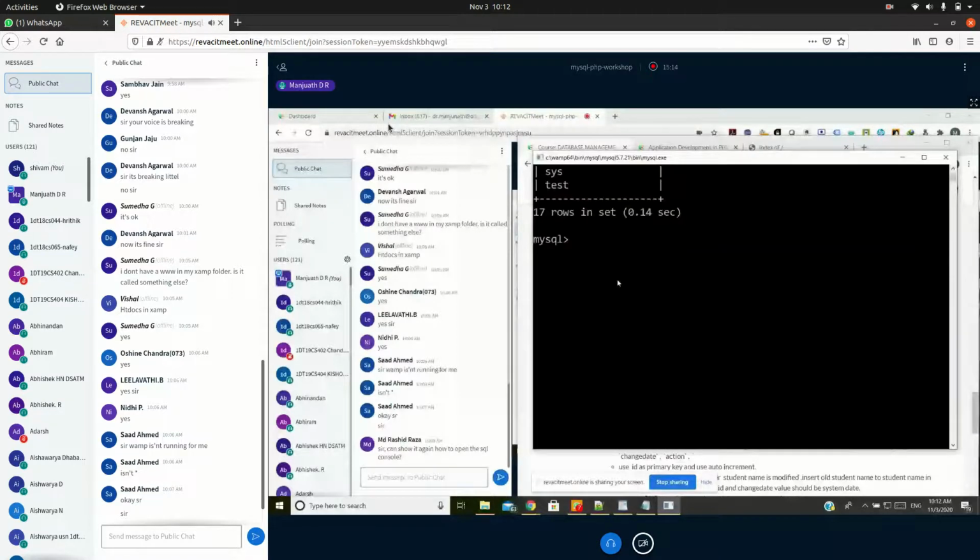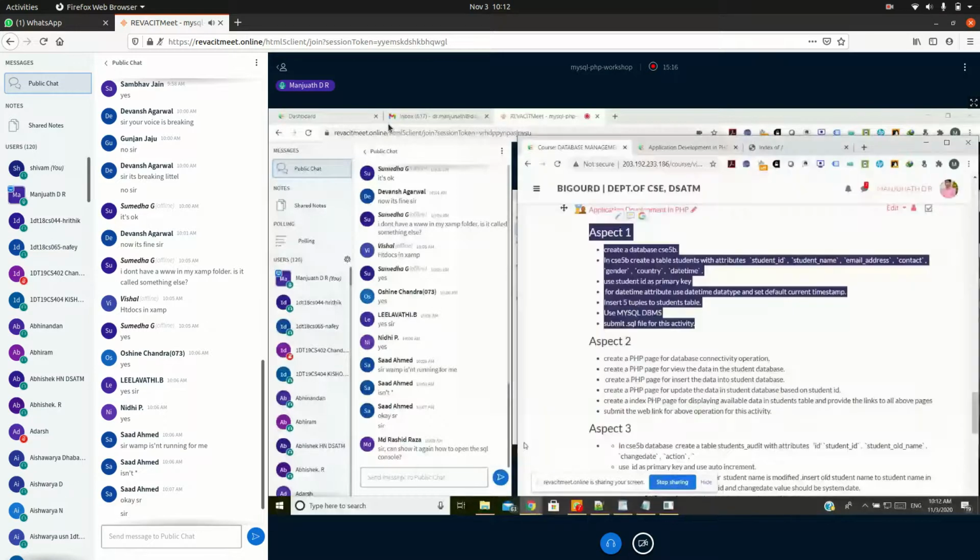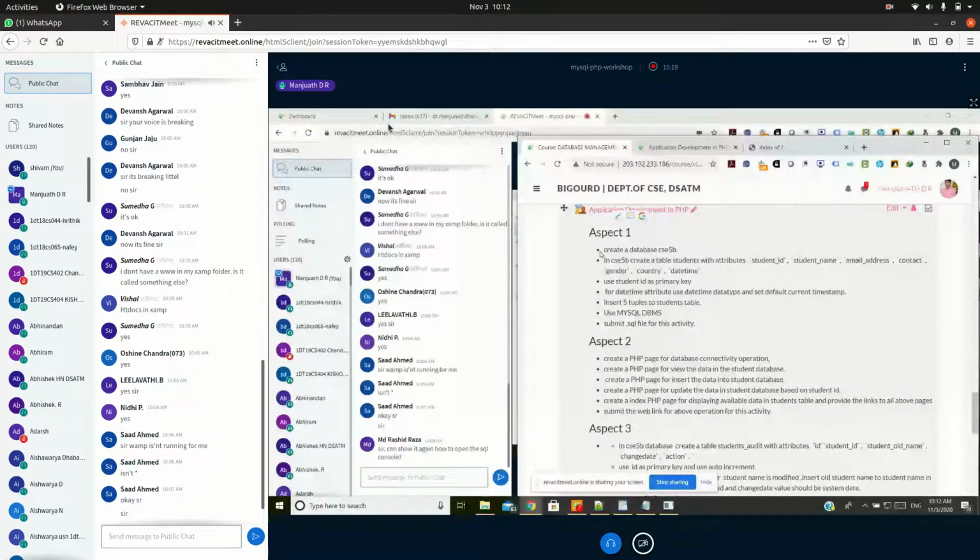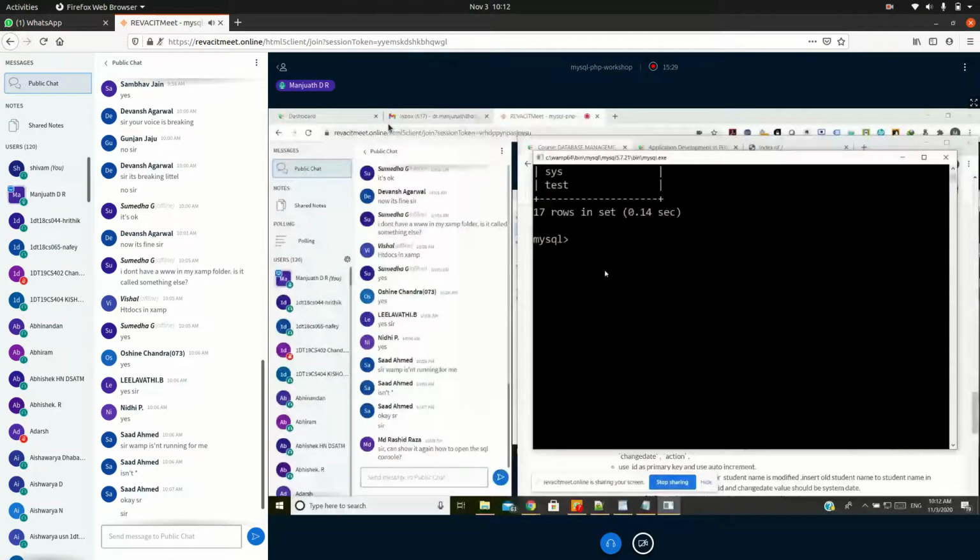Let us come to it point by point. The first thing is we want to create a database called CSE5AB, which we are going to use for our reference. In order to create a database, I use create database, and our database name is CSE5AB. Semicolon means end of the line. So now I have created this database, CSE5AB.